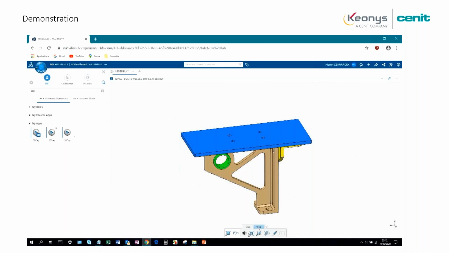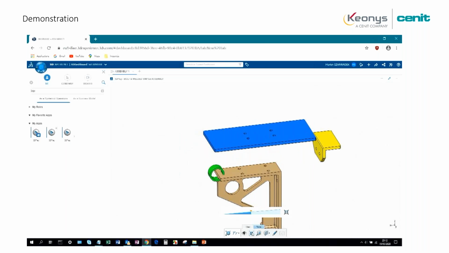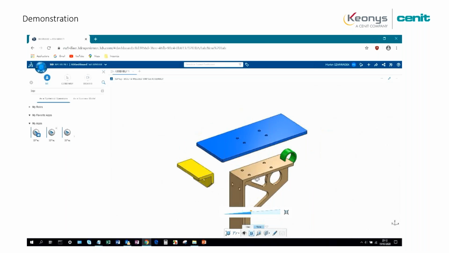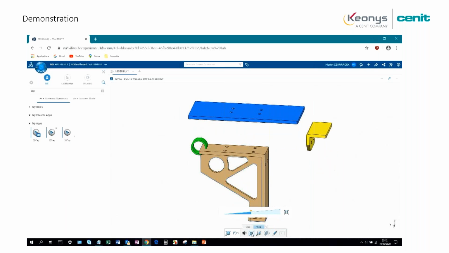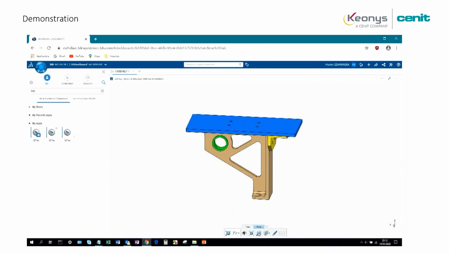You can explode the parts, and you can dive into the part in order to see if it is the good one. You can also have some measurement between the different sides of the part. So here it's written 819 millimeters.